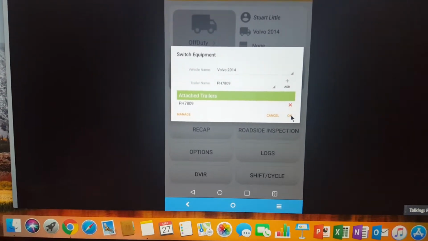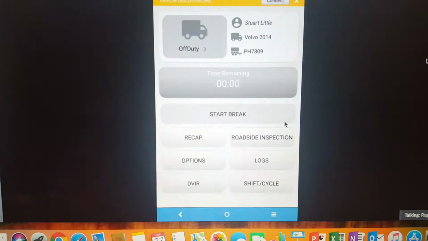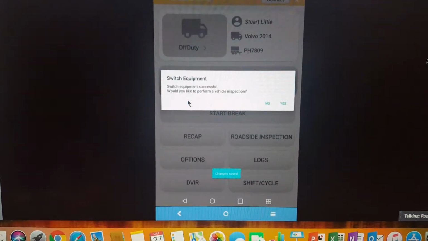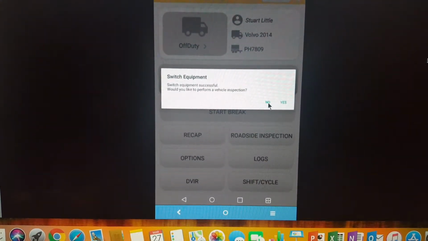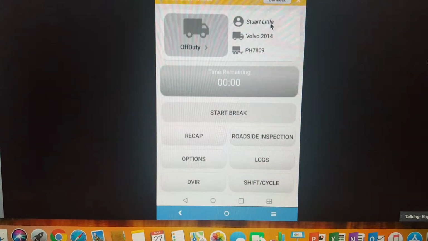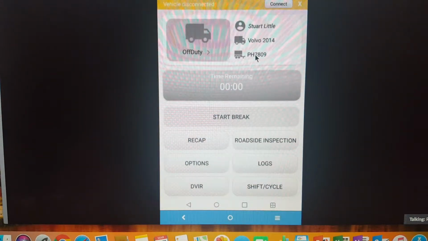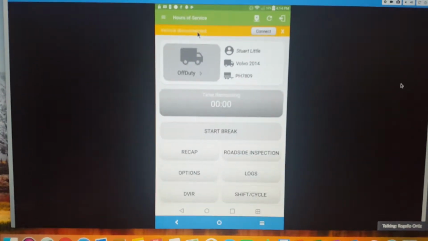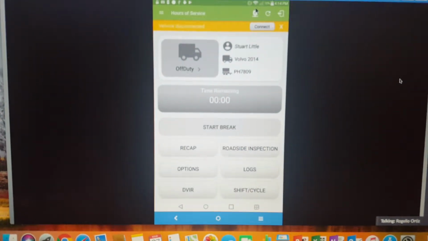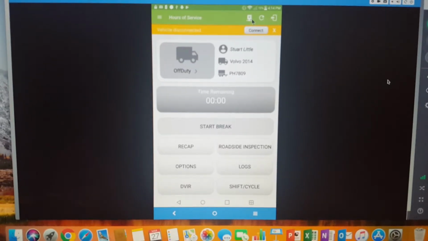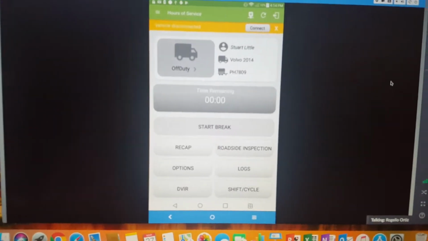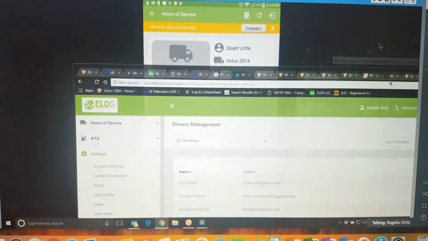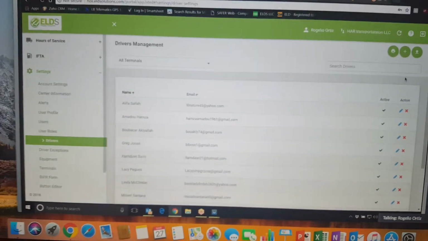This will ask you for a pre-trip, like an inspection for the equipment. You just say no for now. So now you have name, you have truck, and trailer. But we're still not connected to the vehicle. If you're not connected, you're going to see this little X here. You're not connected. And if you're not connected, the way your administrative manager may know is if he goes to